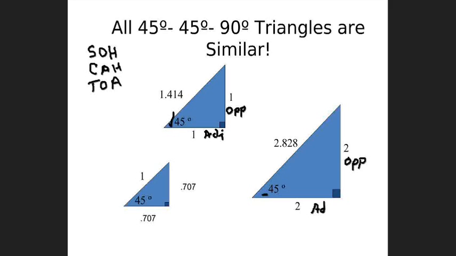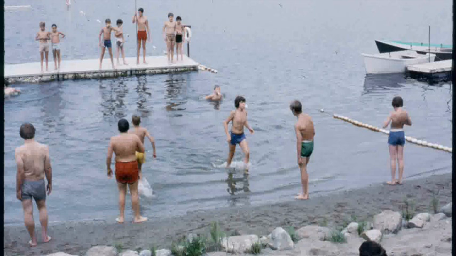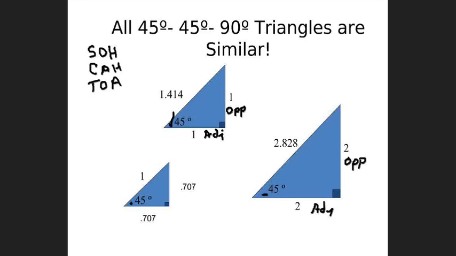So far so good. And lastly, again, if we're talking about this point right here, this is the opposite side. And once again, the one right next to this 0.707 is the adjacent. Now we've labeled these guys. Now I want to show you something. I want to show you that if I take and divide the opposite